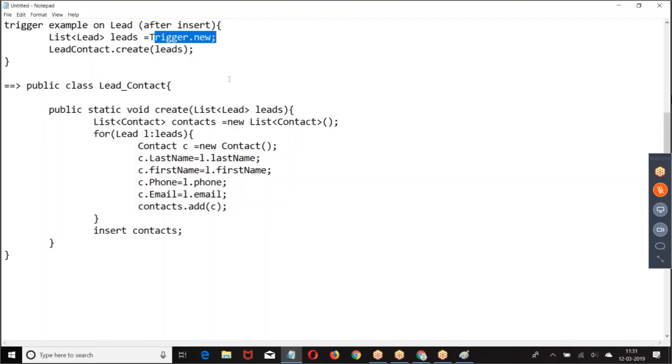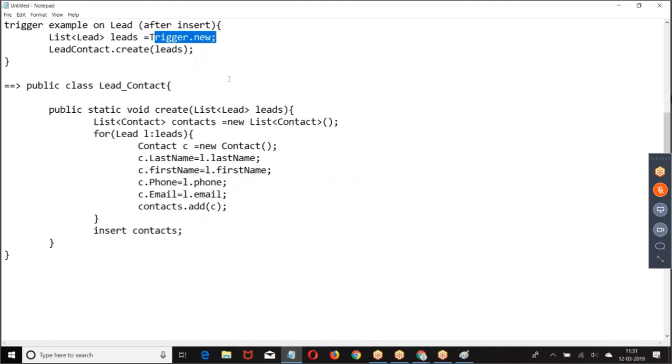That's what I have given as after insert. If you want to use the ID of the record which you are inserting to run the logic, then we go for after insert trigger.